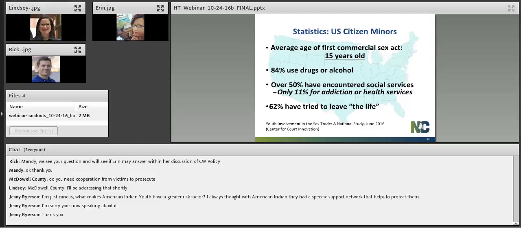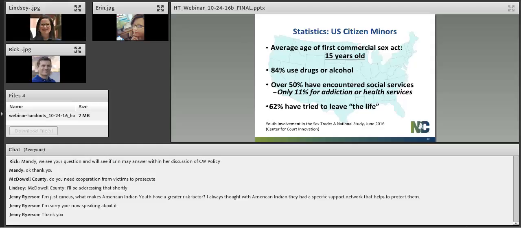So additionally, Erin said we would talk about statistics, and as she mentioned, data collection is very difficult in this sphere. We talk about numbers like human trafficking brings in $32 billion a year. But honestly, that's just an estimate because no one's paying taxes on this income, right? We don't really know. But this year, actually in June of 2016, in coordination with the Department of Justice, the Center for Court Innovation released a study that was based on 5 or 6 pilot sites across the country, including